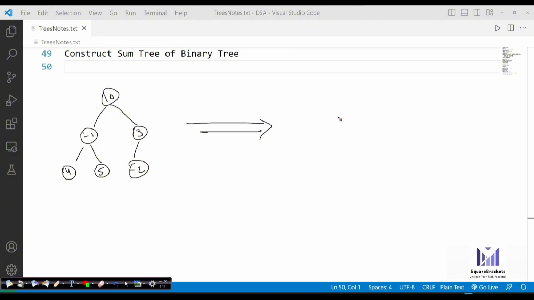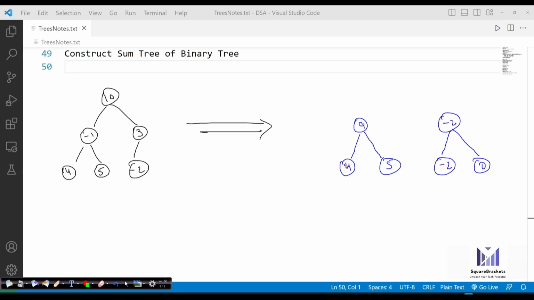See, first of all, the last nodes will be 5 and 4 as it is. So it will be 4, it will be 5. These two nodes will be as it is. And this minus 2 will be as it is. Okay. Now 5 plus 4 is 9. So you can simply do 5 plus 4, 9. Perfect. Now how come we are going to get this minus 2? So if you add minus 2 with 0, then only you will get minus 2. Okay, so it means if I add minus 2 plus 0, then I get minus 2. If I add 5 plus 4, then I get 9.